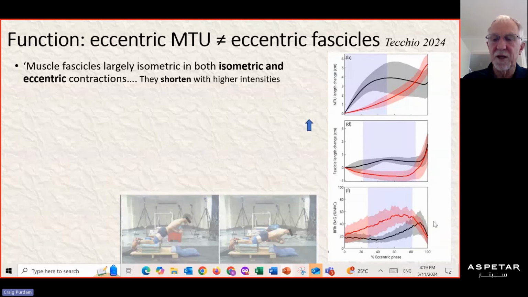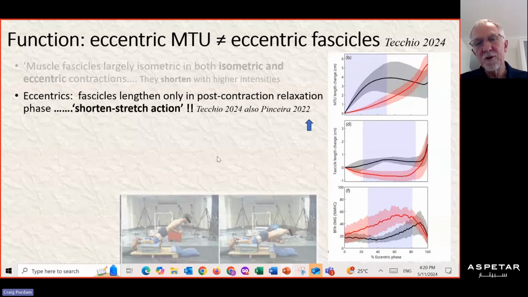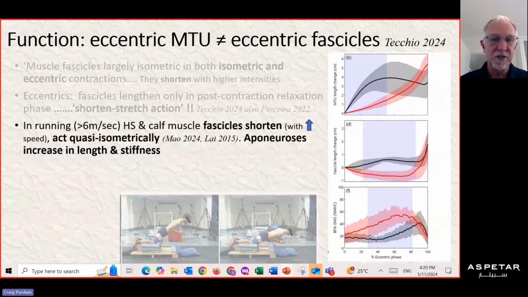The EMGs reflect this. Of course, it's the intramuscular tendon aponeurosis, call it what you may, that has to accommodate the balance between here and here, so it of course lengthens. So they term this a shortened stretch action, as you see here, as opposed to a stretch shortening action. So it's not about fascicle shortening and lengthening. The fascicle shortens and holds, and the lengthening occurs in the intramuscular tendon or aponeurosis,